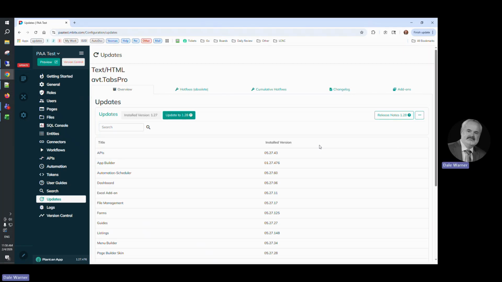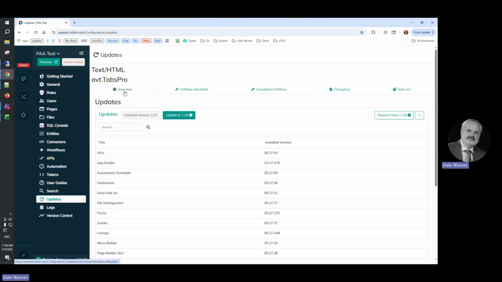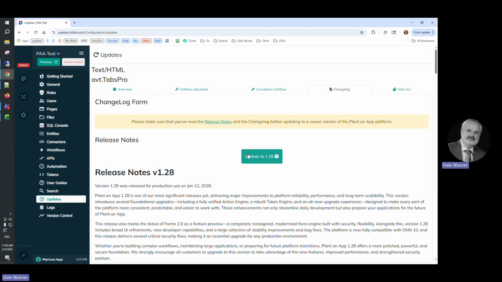After the hotfixes are installed, you'll be returned to the updates page, and we can look and see now no cumulative hotfixes are available to install, and the update to 1.28 button is available. So you'll click this next available update button. It will show you the release notes and then show you the button to finally begin the update to version